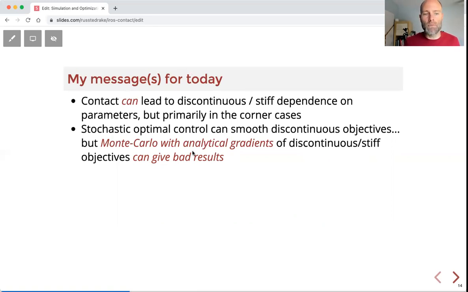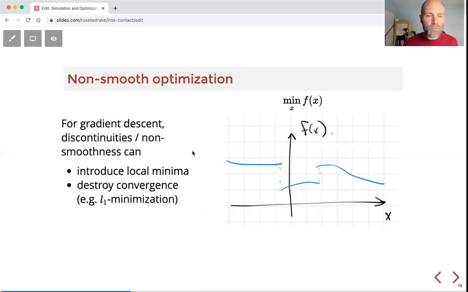If we do stochastic optimal control, that's a key idea from reinforcement learning, but from stochastic optimal control well before reinforcement learning. But I want to call out next that Monte Carlo with analytical gradients of discontinuous or stiff objectives can give bad results. This is a new understanding for me. It surprised me. I hope it will inform you.